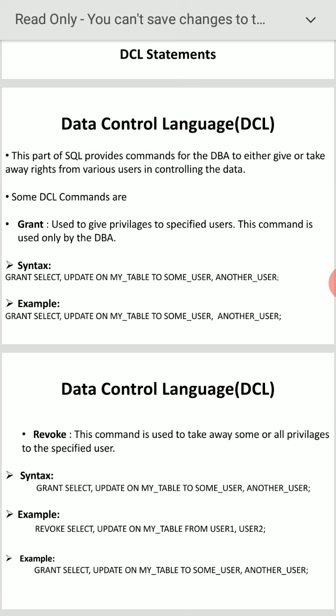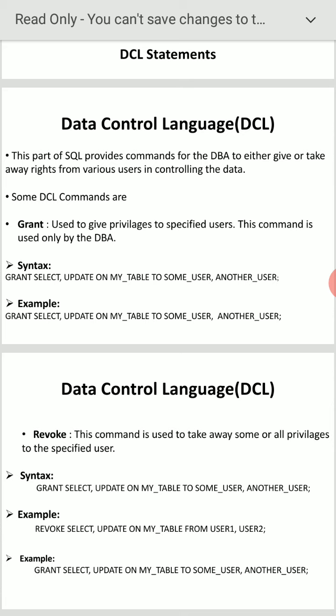You see another example here: revoke select, update on my table from user 1, user 2. Now user 1 and user 2 have given the permission to the DBA. User 1 has a separate table, a separate database. User 2 has a separate database. But main database control is done by the DBA, database administrator.